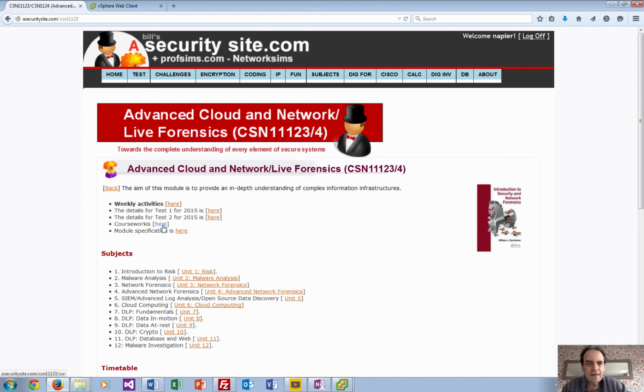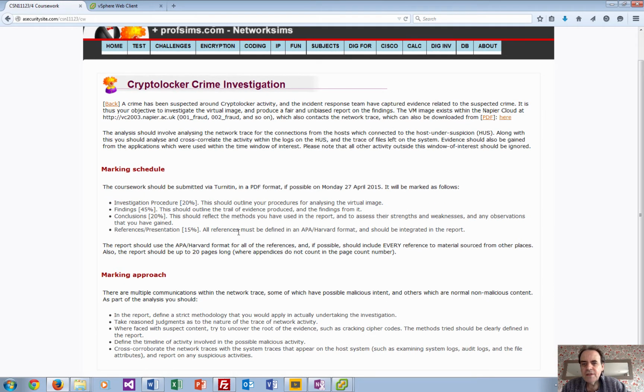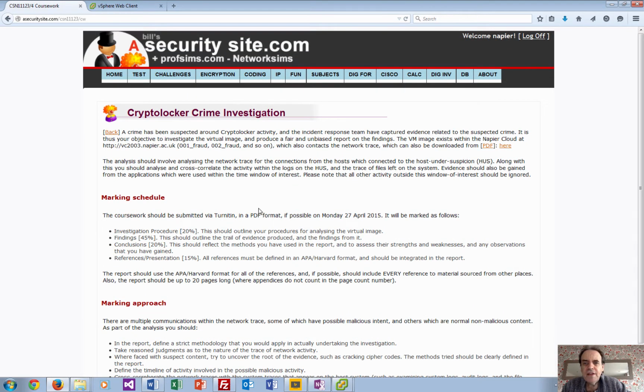Okay, so you should find it here on the page, and there's the basic specification of it. So really the focus is on investigating a crime which involves a suspected CryptoLocker type activity. So a key objective of the module is really to understand network traces and how that can be correlated against host activity. So what you should find is that we've set up both a virtual machine, and also we've captured